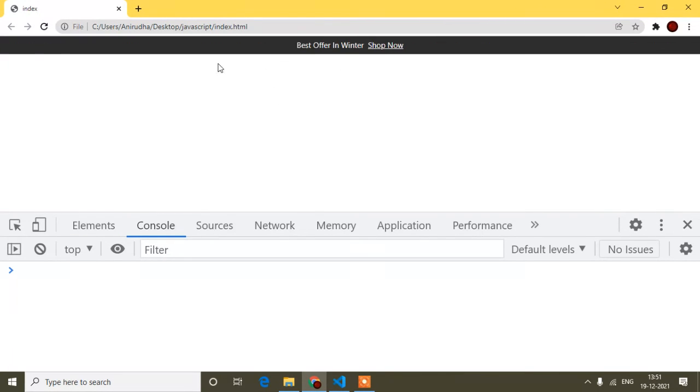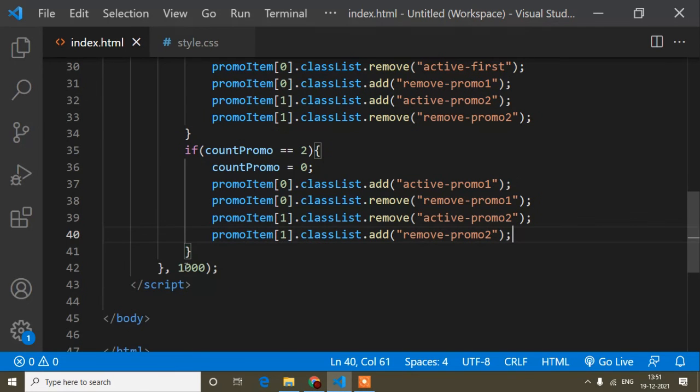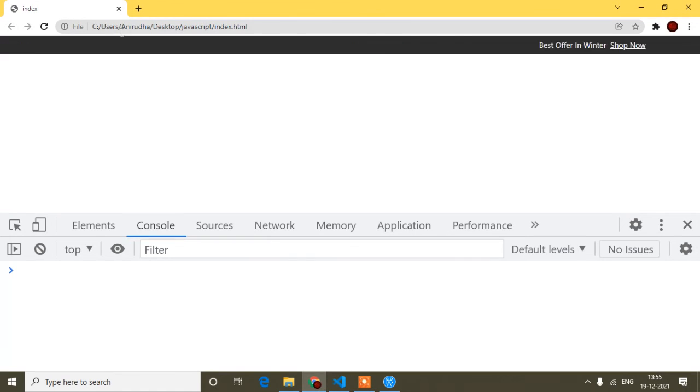but the slider speed is 1 millisecond, right? So it's very fast. So what I will do, instead of 1, here I will write 4000, I mean 4 seconds, right? So if I refresh, you will find the slider coming in perfectly. Okay, so guys, I hope you have understood the JavaScript part also, because that was the main thing.